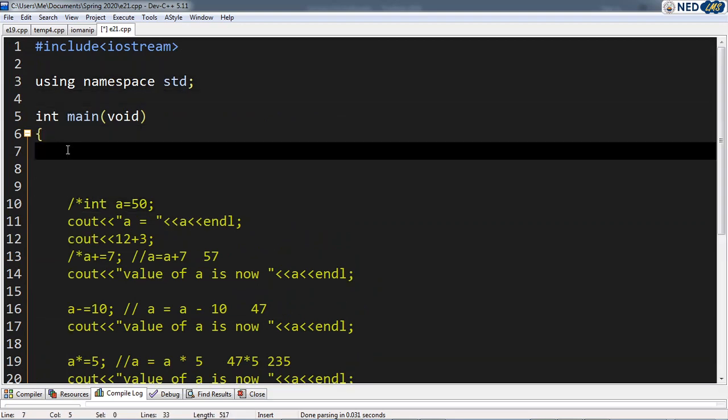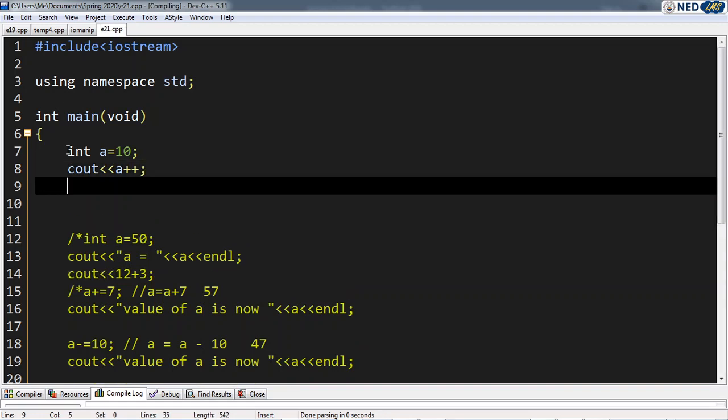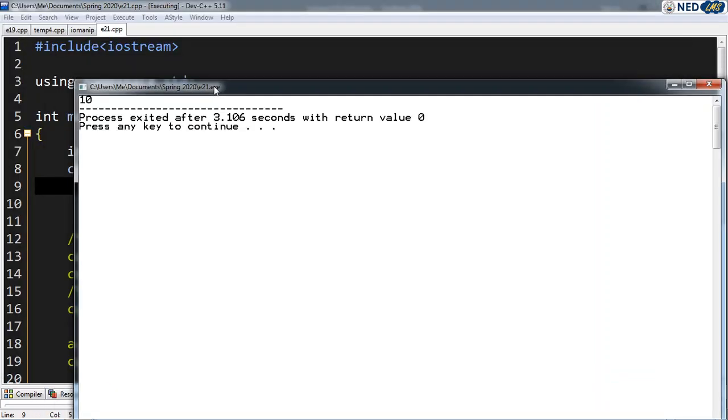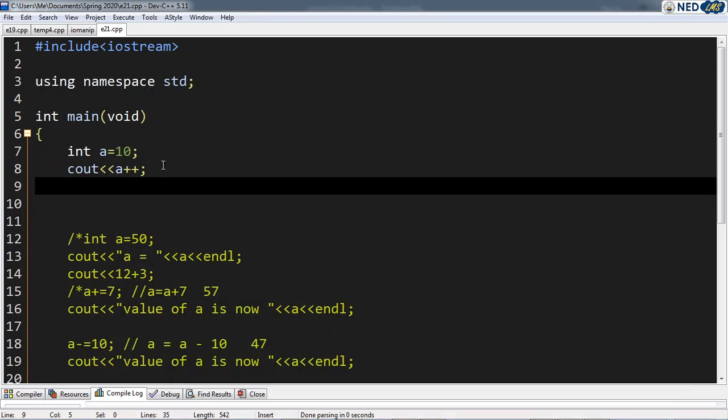If I write integer a equals 10, and we need to initialize the value, it's very important. Do not leave a variable uninitialized. So if I write cout a plus plus, what do we get? We get 10 over here. Then if we do cout plus plus a,